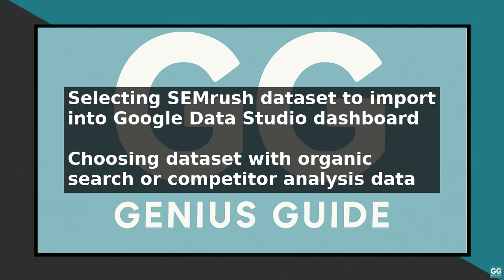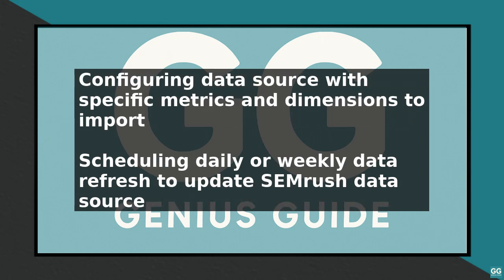For example, you can select metrics such as organic search traffic or keyword rankings, and dimensions such as date or device type. Once you have configured the data source, click on the Create button to create the data source and import the Semrush data into your Google Data Studio dashboard. You can then use this data to create visualizations and reports to help you analyze and optimize your digital marketing